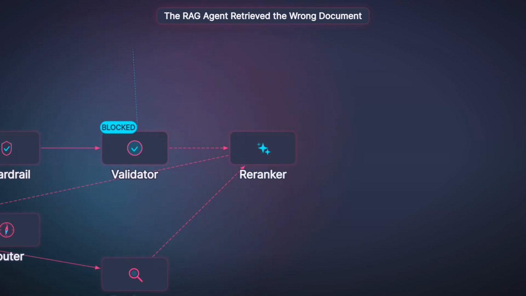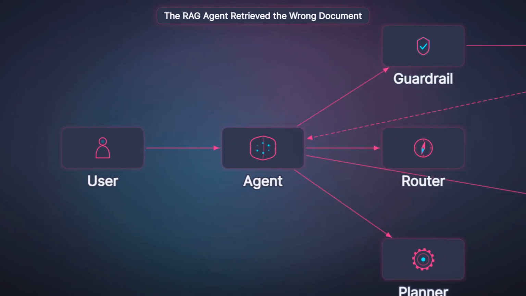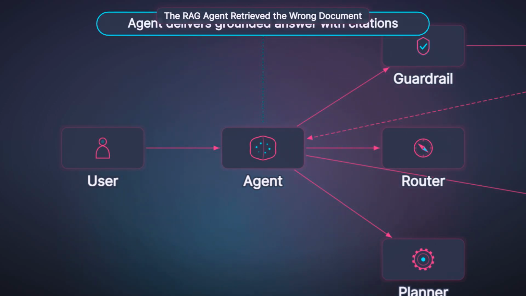It then sends a correction signal to the reranker, requesting it to fetch a more up to date source for accurate results. Using the newly reranked set of documents, the agent regenerates its answer, now verified against the most relevant sources and firmly grounded in the retrieved evidence. The final response packet is then returned to the user, complete with proper citations linking each claim back to the